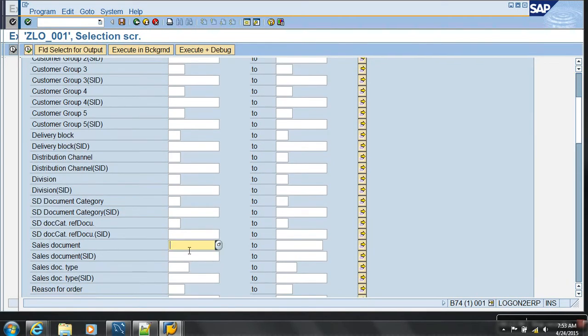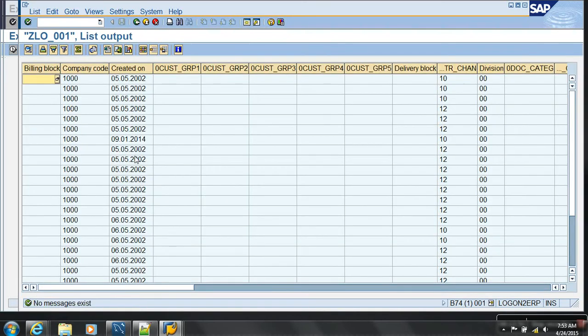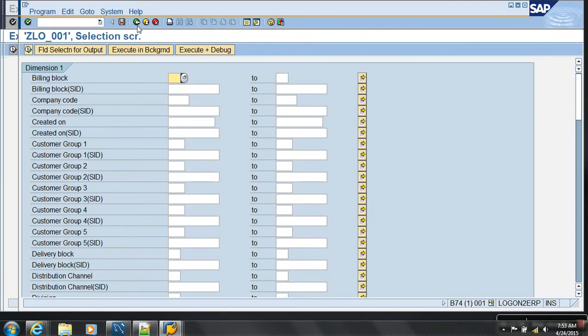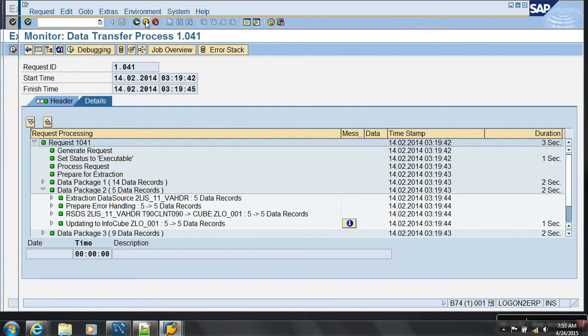I want to see it. There's a lot of data coming. One sec.